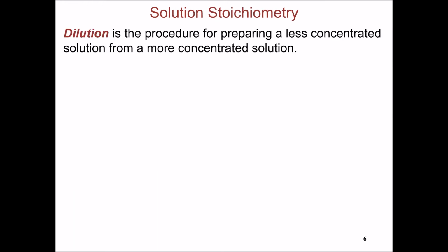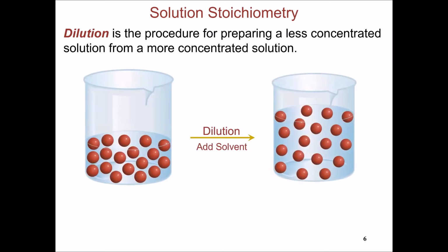A special procedure that is commonly used in preparing solutions is dilution. So you start by preparing a stock solution with high concentration, and then you dilute it to less concentrated solutions as needed. And in this case, you can calculate the expected concentration of the diluted solution based on the amount of water you add. Because when you do this, after dilution, the number of moles of your substance, your solute, is not going to change. What will change is just the amount of water, which is not going to affect how much solute you have